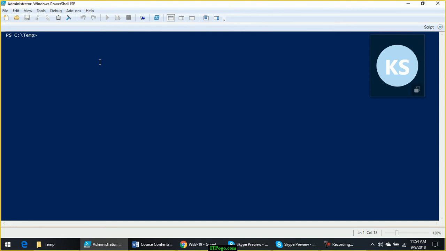Now what is a module or snap-in? It is a collection of commands, specific or not specific, which can be used inside PowerShell. And when I say specific, it is specific to the piece of software.